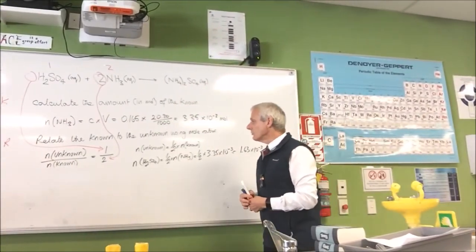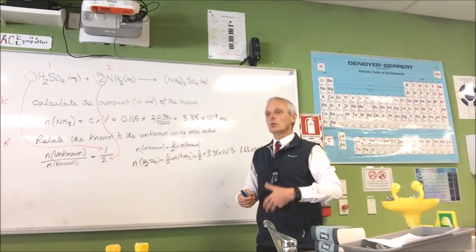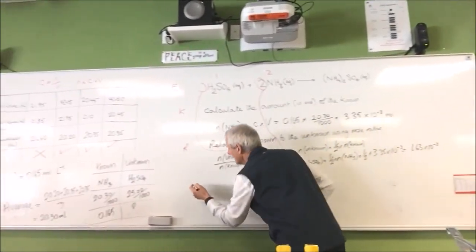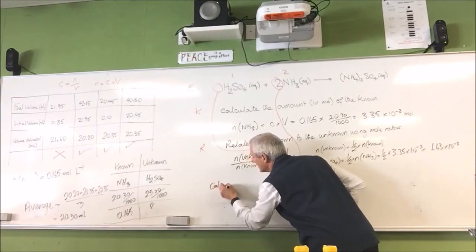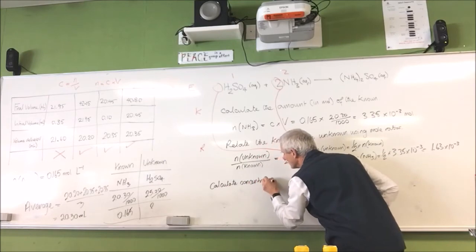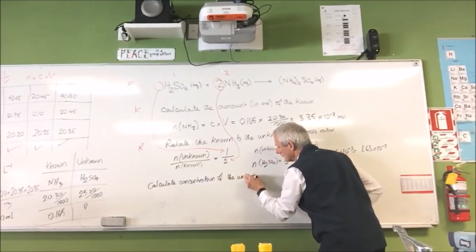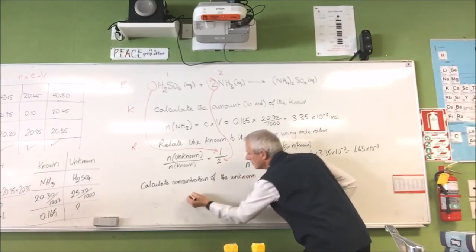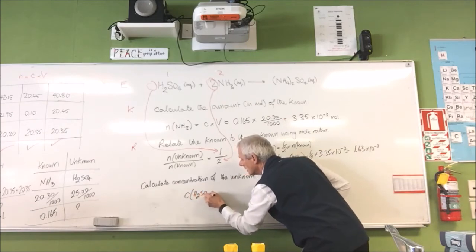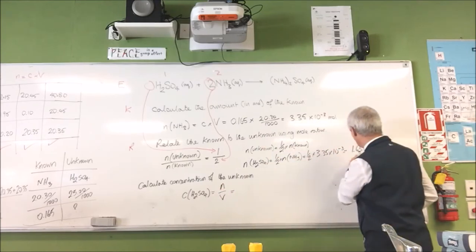Now we've got the number of moles of unknown. We know the volume it's dissolved in. We can calculate the concentration of the unknown. Okay, so calculate, so our unknown, C of H2SO4, is equal to N over V. We've just worked out N, which is